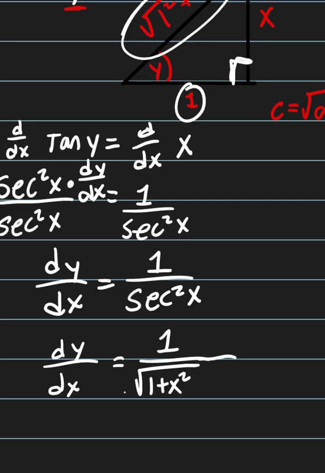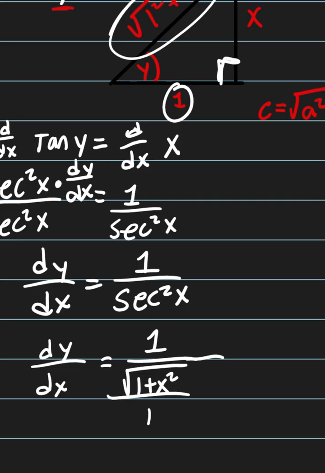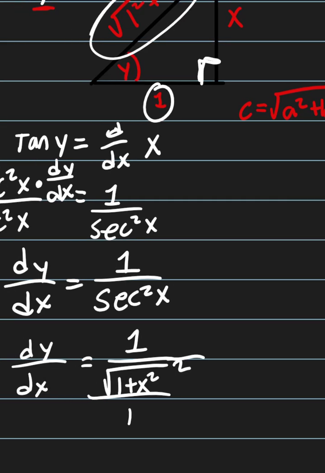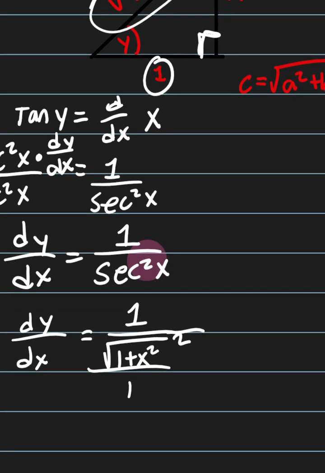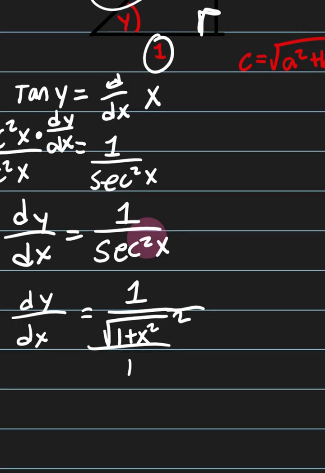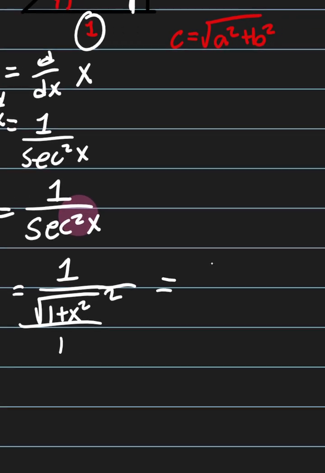What's our adjacent? It's 1, because we have secant squared, as it says right over there. It's squared. So we all know that the square root and the square basically undo each other, right? That's like saying just take away the square root. So our derivative is 1